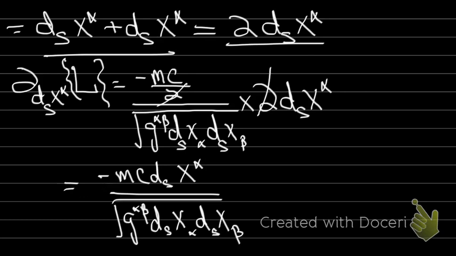And so when we put this back into our Euler-Lagrange equation, we would get a positive mc times the proper time derivative of the derivative with respect to